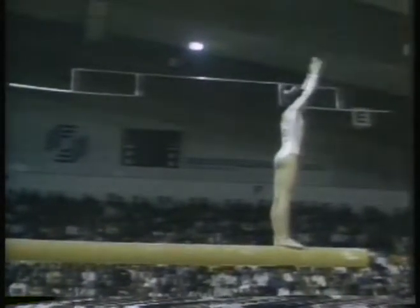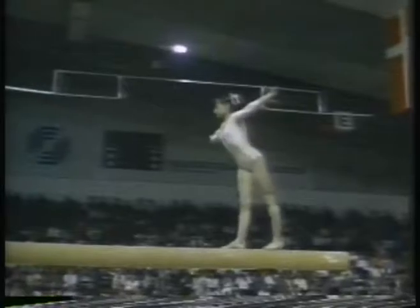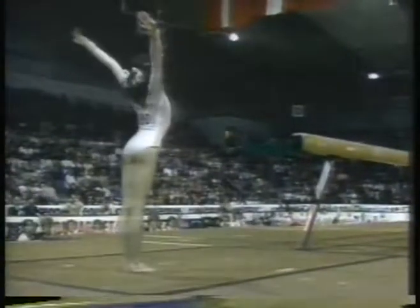She's under great control right now. She used to have a lot of problem flip-flop layout. She didn't have the control that she now has, mainly because the balance beam routine that she did was brand new. Now she's been doing it for a while, and like I said, has tremendous control. Aerial walkover. Just a slight break there, not anything the judges would take too much off for. Seems very confident. Getting ready for a big move, big dismount. She does a round off, lands with both feet on the beam to a double back. Excellent. She may get that